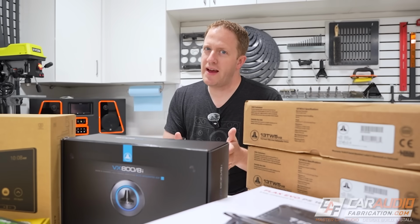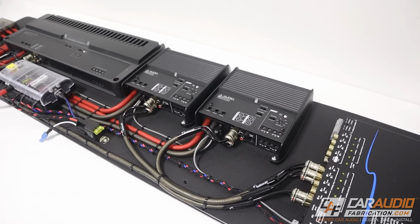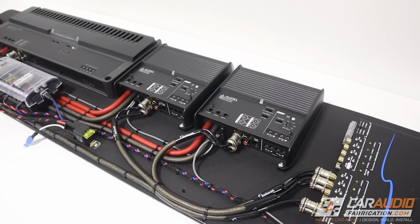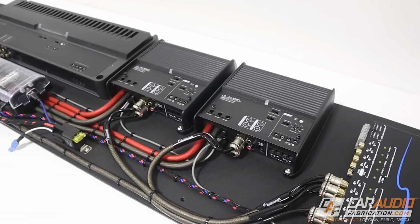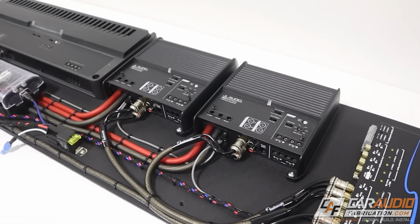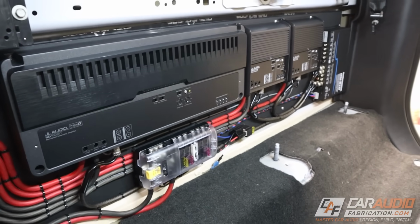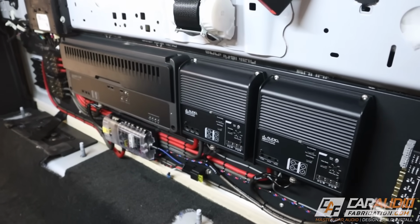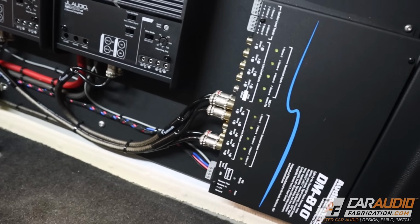This unfortunately meant that I had to make some sort of odd system design choices. As an example, I ran two channel amplifiers so that I had 4 active channels to work with, but ideally I would have ran a single 4-channel amp instead. Also, I wanted to do an amplifier with a digital signal processor built in, which would have saved real estate on the amplifier rack, but with chip shortages, I couldn't get a DSP amp and instead reused a standalone DSP